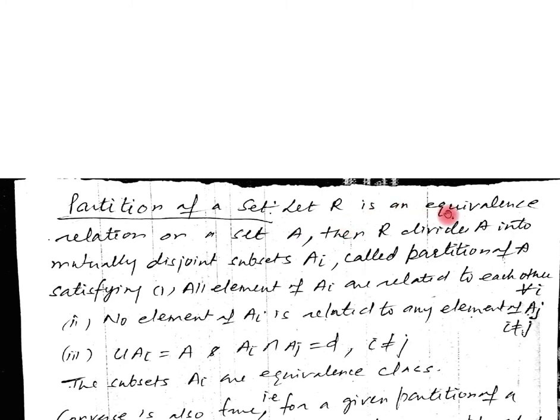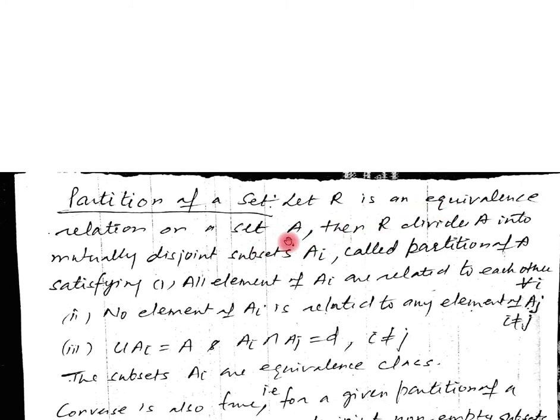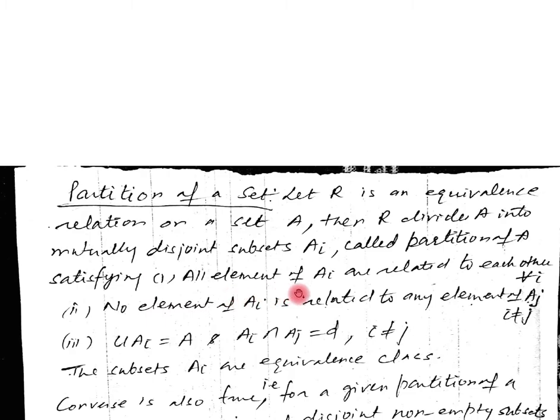Let R be an equivalence relation on a set A. Then R divides A into mutually disjoint subsets Ai, called the partition of A, satisfying: number one, all the elements of Ai are related to each other. Number two,